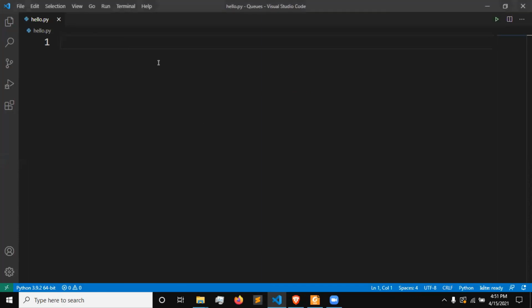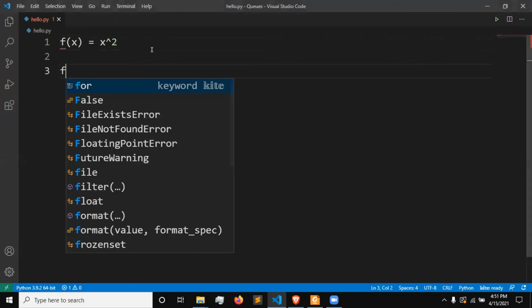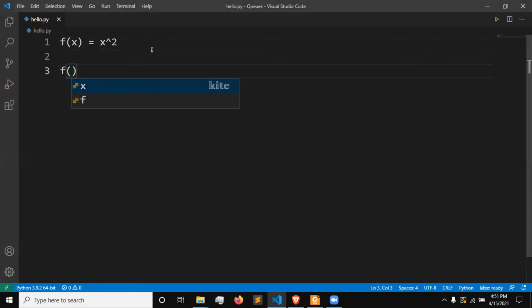Have you seen math functions? In math you guys see f of x is equal to x square. You have seen all this, right? You must have done maths to get into engineering. So f of x equal to x square. What does this function mean? If I put the value as, let's say, 2, what will be the output?